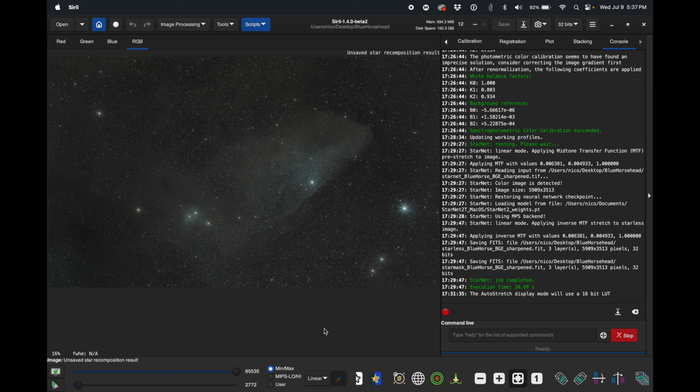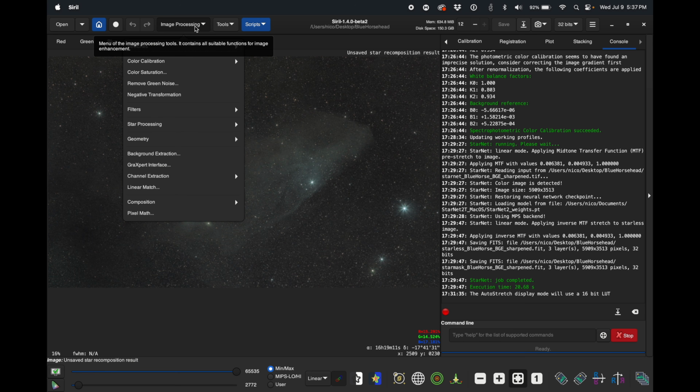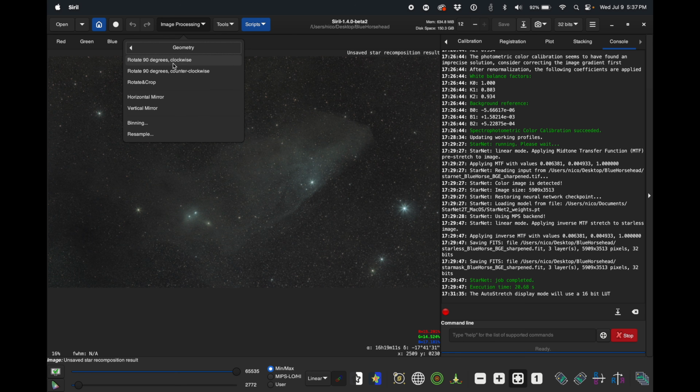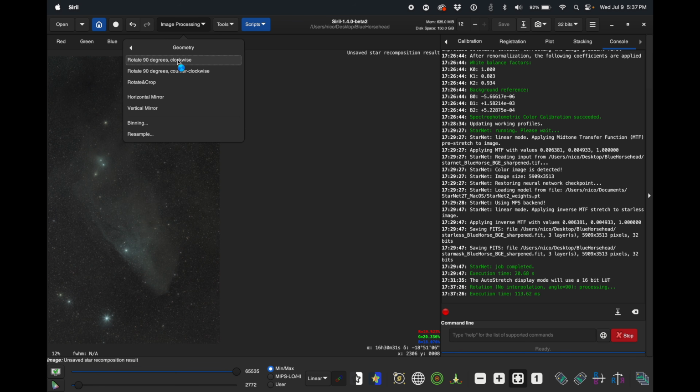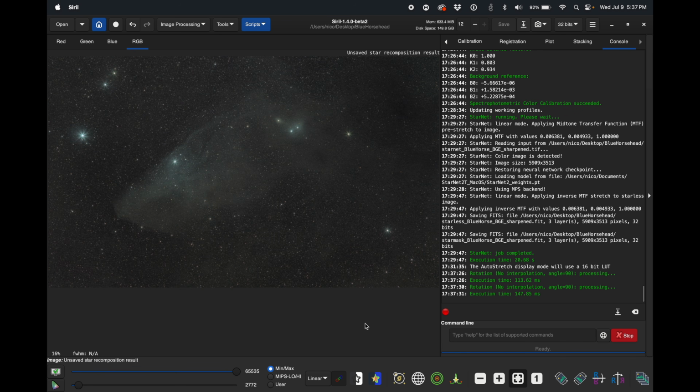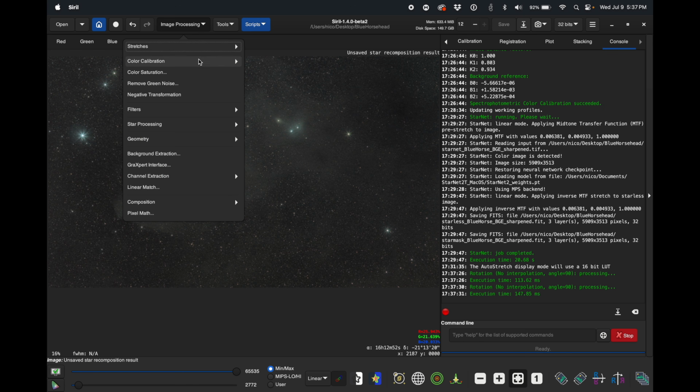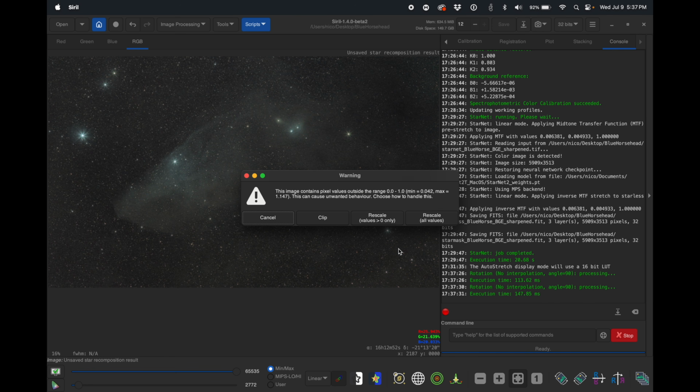If you wanted to just stay in Siril and finish it here in Siril, the two things that I would do probably are under image processing, geometry, let's rotate it 90 degrees clockwise twice so that it's like this, right? So now that's the more classic view for the horse head. And then the second thing I would do is I would apply some saturation. So under image processing, color saturation,